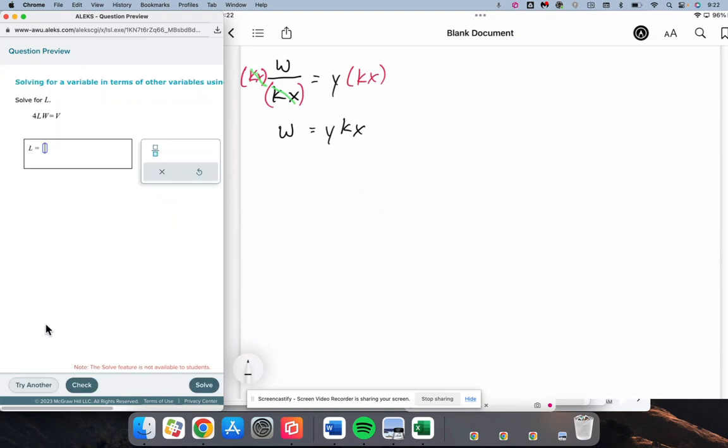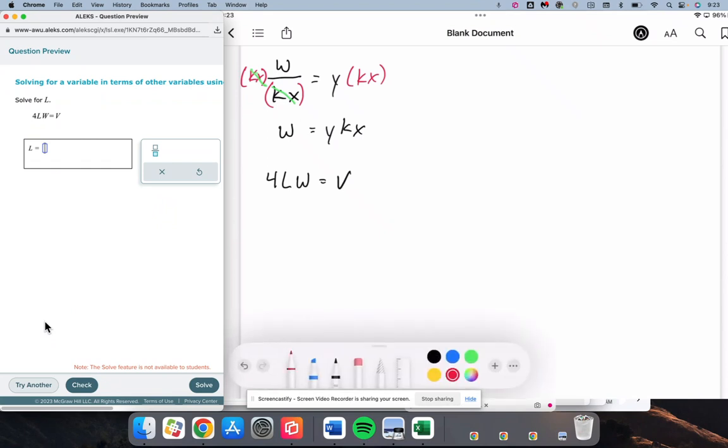It's exactly like the one we just did. Let's try another. We've got 4lw equals v. Again, it's important to recognize that the 4 is being multiplied by the l and being multiplied by the w. So those are all one term, and so we can take any piece of them out at once. And I want to have the l alone on the left, so we're going to divide by 4w,